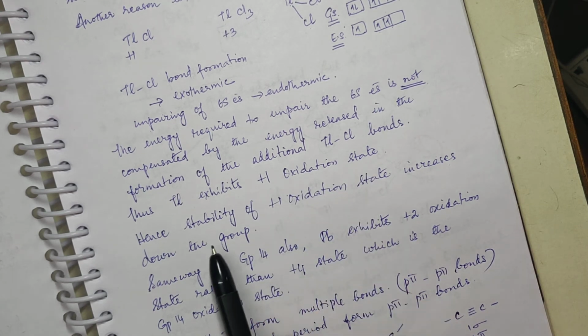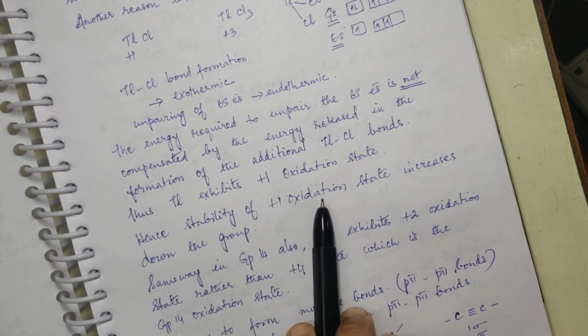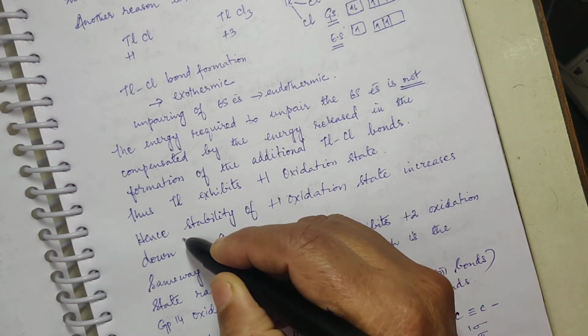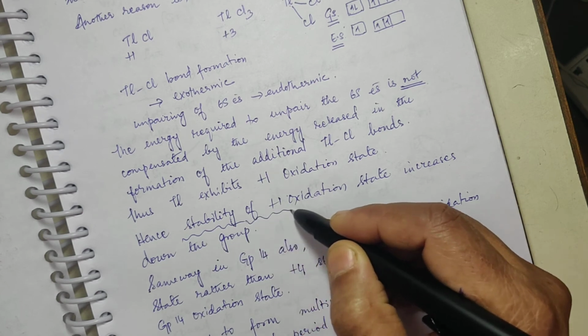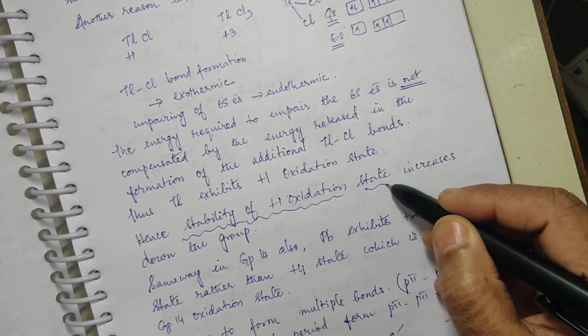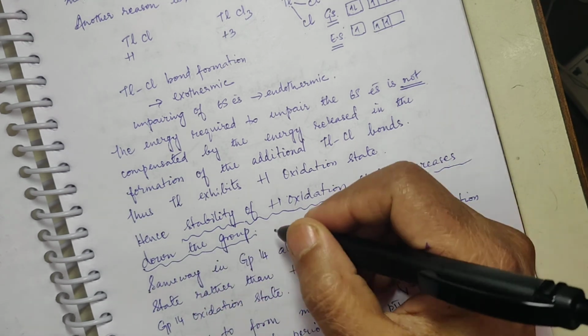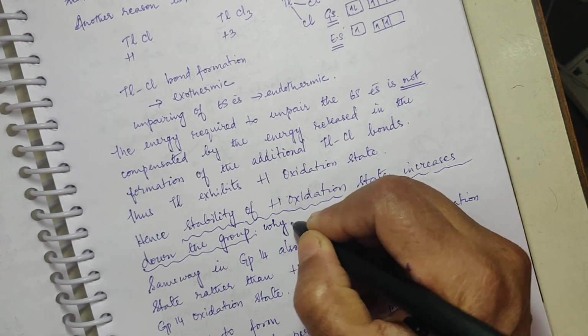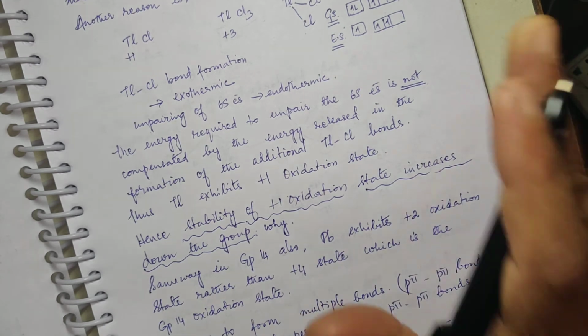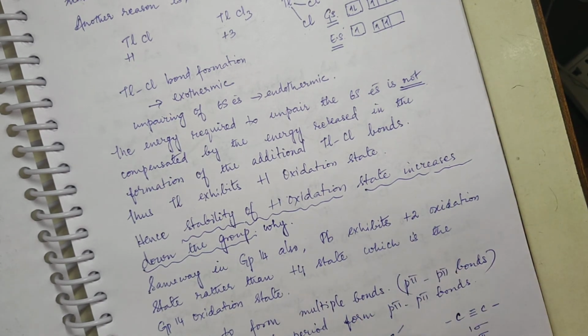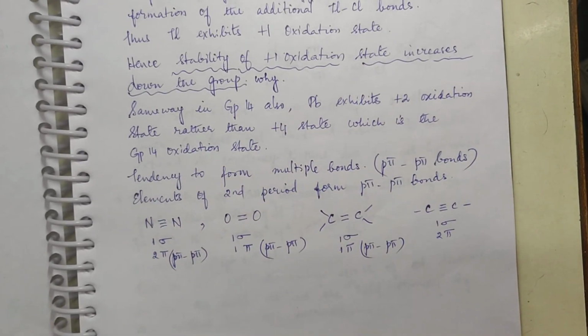So you say the stability of the +1 oxidation state increases down the group. If you are asked why the stability of the +1 oxidation state increases down the group, you will say it is due to the inert pair effect. That's it. Okay. Same way, in the case of group 14 also,